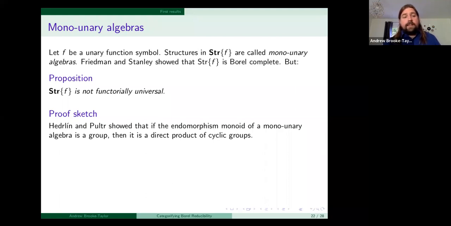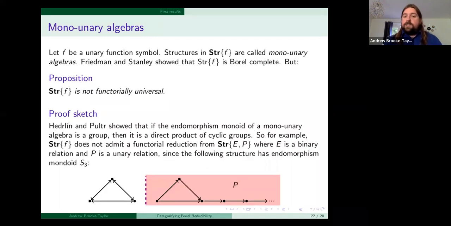It's an old result of Hedrlín and Pultr that if the endomorphism monoid of a mono-unary algebra is a group, then in fact it must be a direct product of cyclic groups. Okay, old fact there. And so once you know that, that rules out functorial universality for these mono-unary algebras,